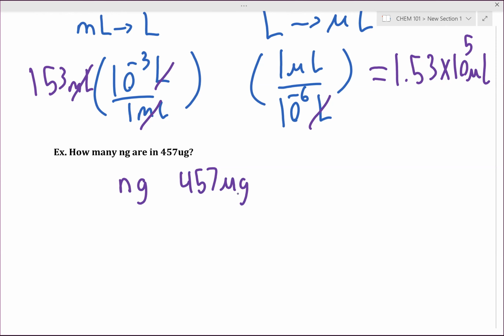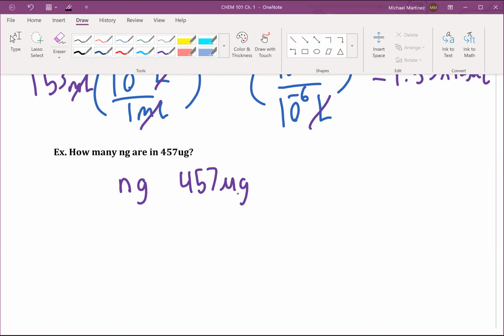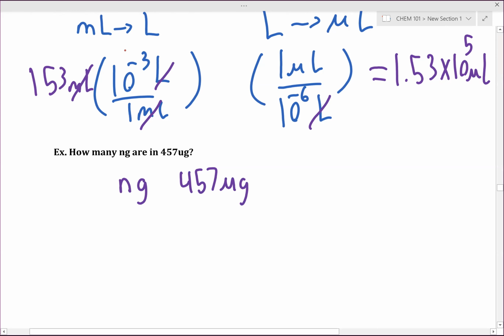I see a lot of reasonable responses, and essentially all of chemistry is just different types of unit conversions. In this class, the majority of the calculations you'll be doing can be boiled down to unit conversions. So what are our starting units? What units are we starting from? Micrograms. The reason why this is our starting units is it has both a number and a unit provided. So we are starting from micrograms.